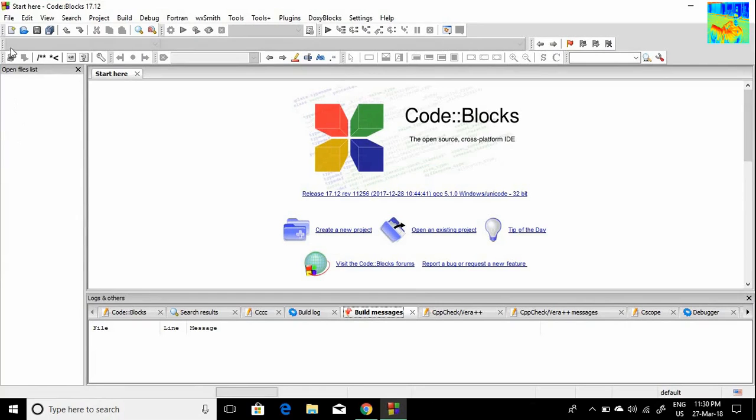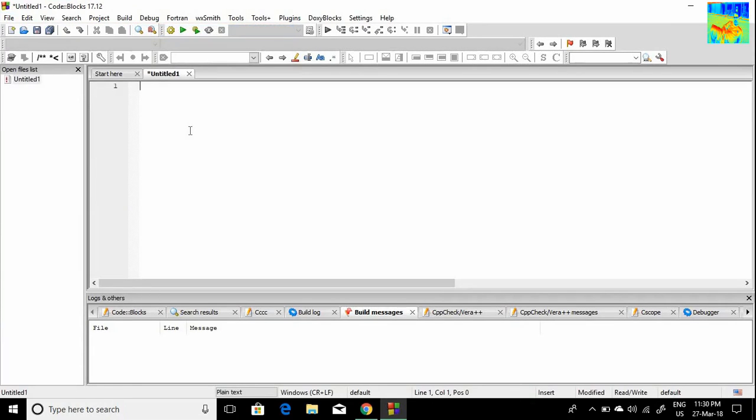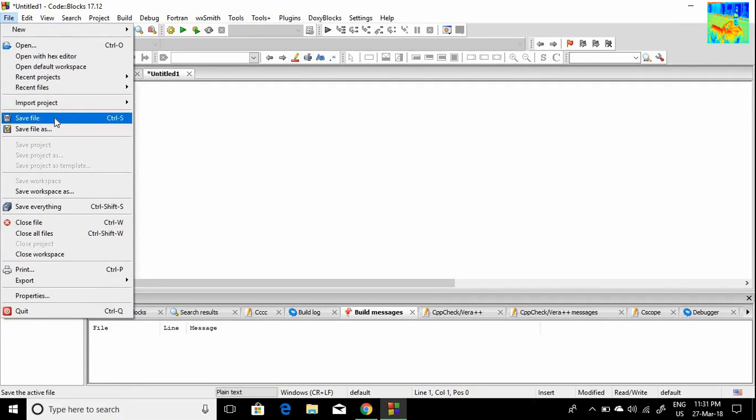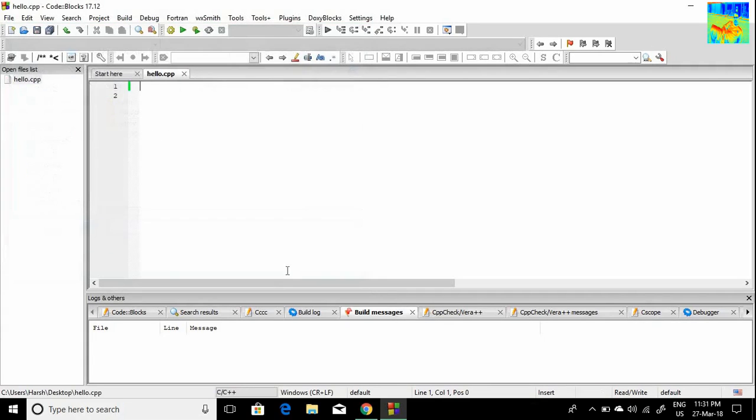Now we will make a file. So go to file, new, empty file. Now before writing anything, go to file again, save file. Okay, so we will be writing code in C++. So the extension of our file will be CPP. CPP means C++, and you can give it any name. For example, hello.cpp. Okay, save. So now we will write some code to check whether our CodeBlocks is working fine or not,